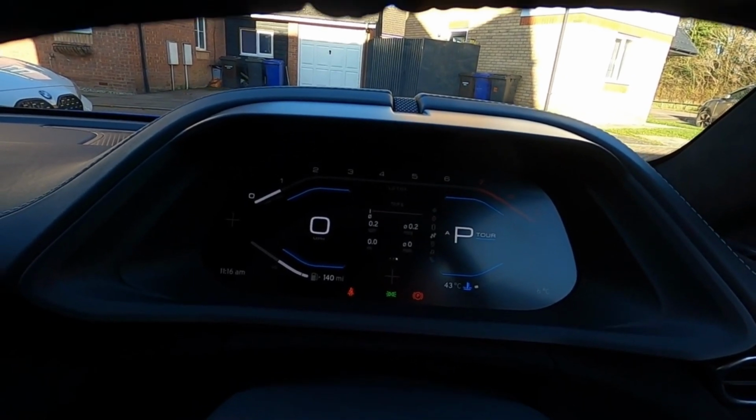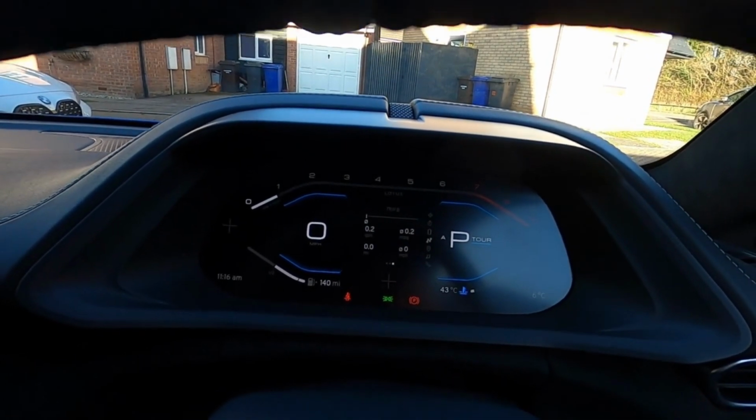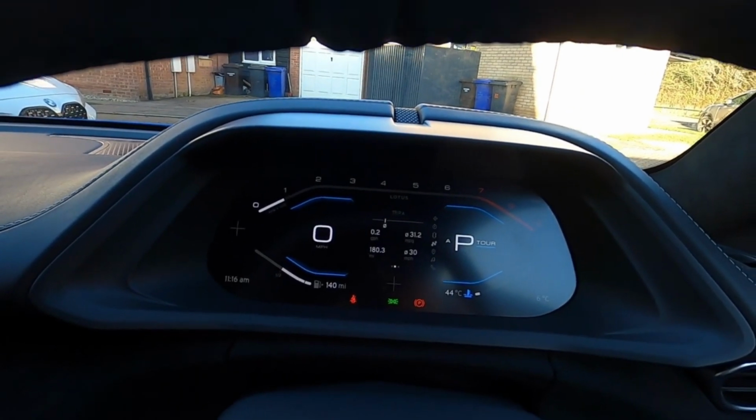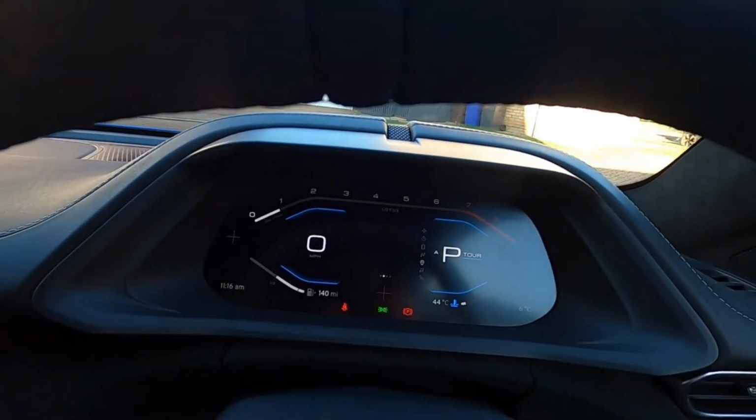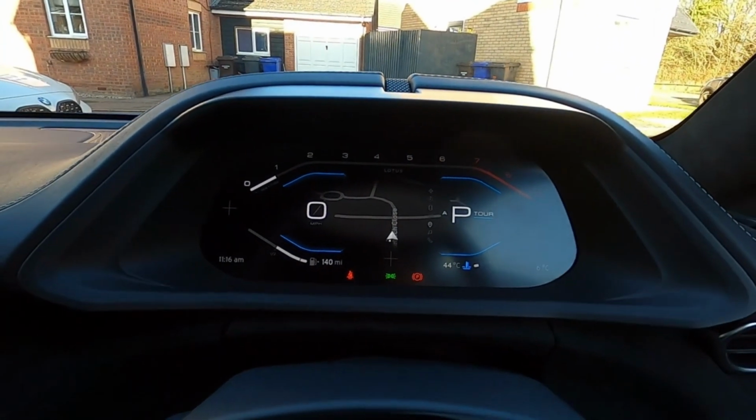And then you've got trip B. So this one is just about the other meter. So this is about trip A, and is what you see the overview on the other screen, and this is the trip B. Next one down is your sat nav, so it actually brings your sat nav up on the